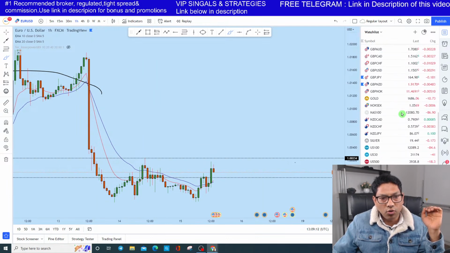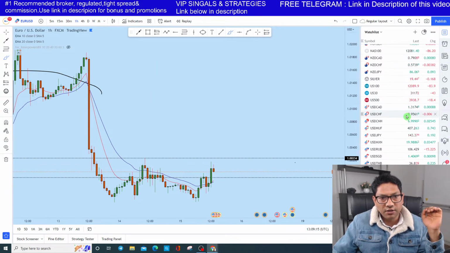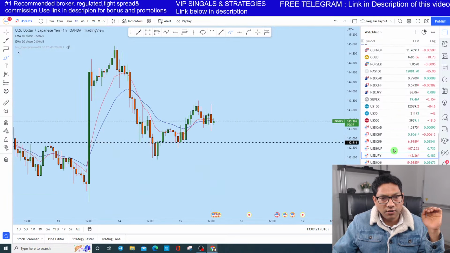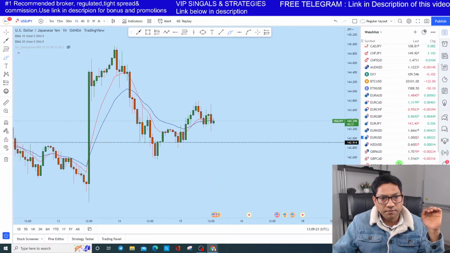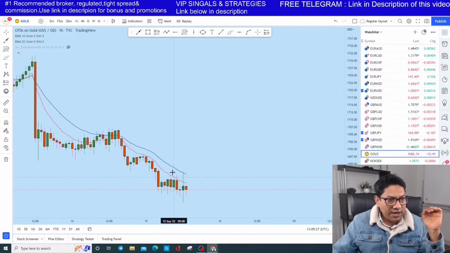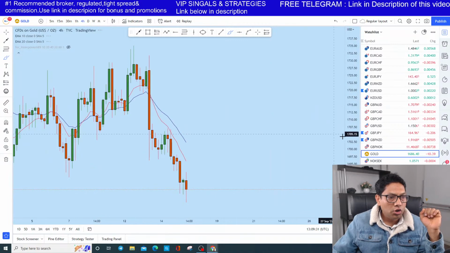So all the things are going in the direction as expected, like the one on US 30. So dollar yen. What about the gold? Yeah, gold has grabbed liquidity on the hourly, so a sign of a drop on gold. So next hour for gold, you could see a little bit of up and then it could drop again.